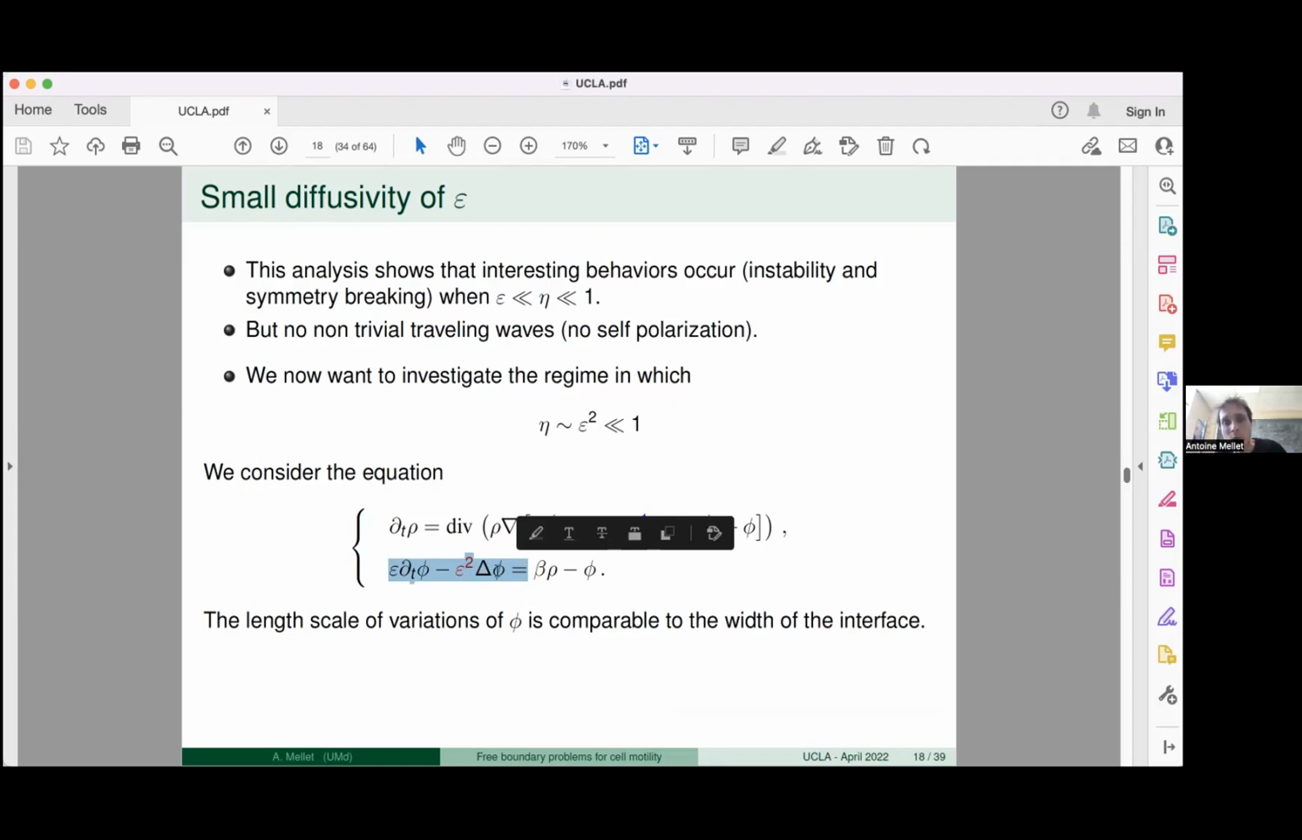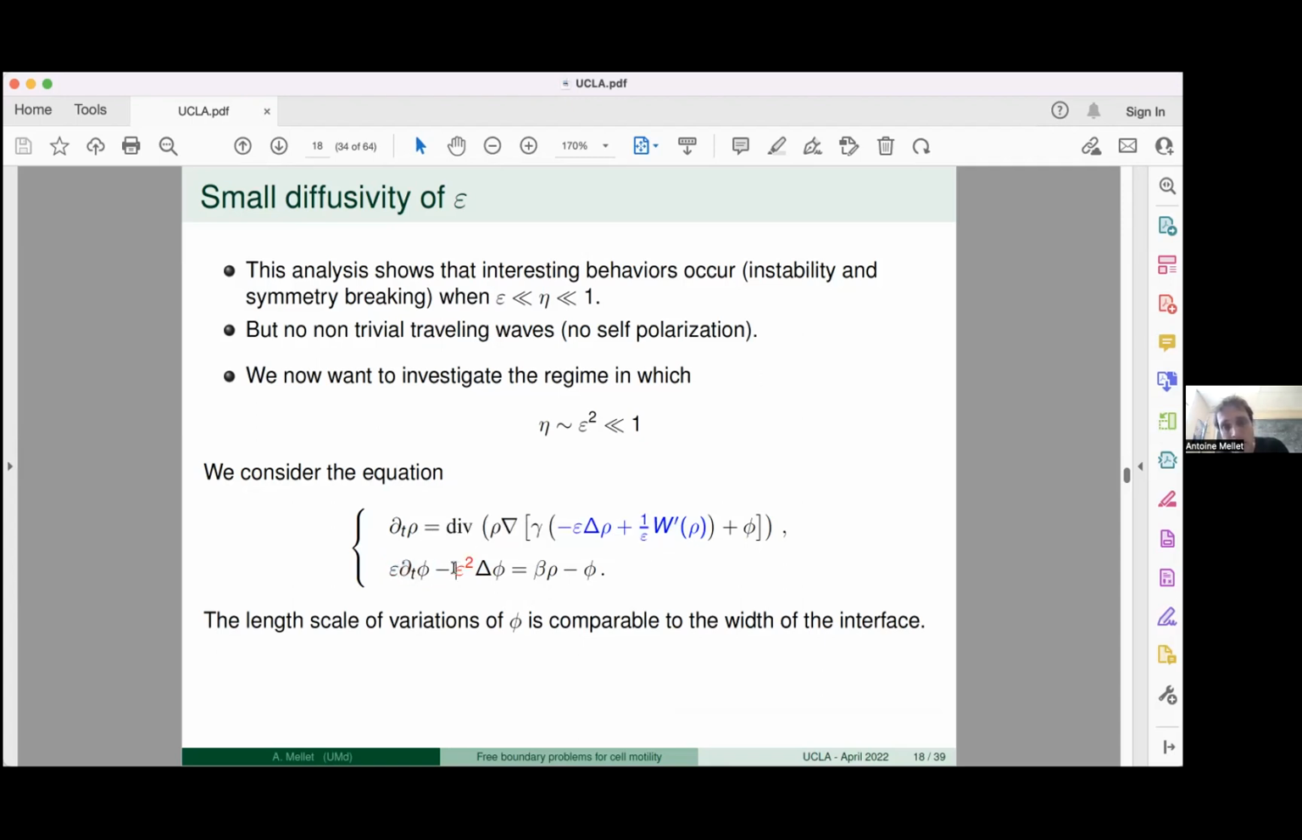When all of this is small, phi is beta rho. So you're saying that it has to be a parabolic equation, yes, the chemical equation, okay. Yes, so if I remove the epsilon dt phi, then I do not see this. This is for sure. But